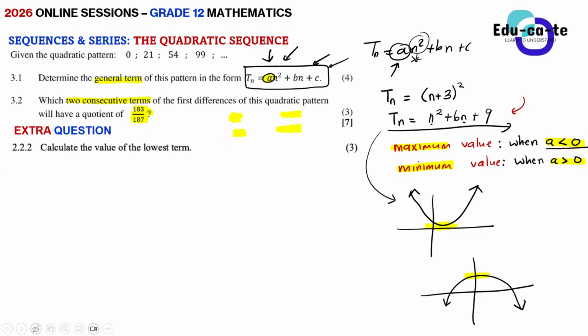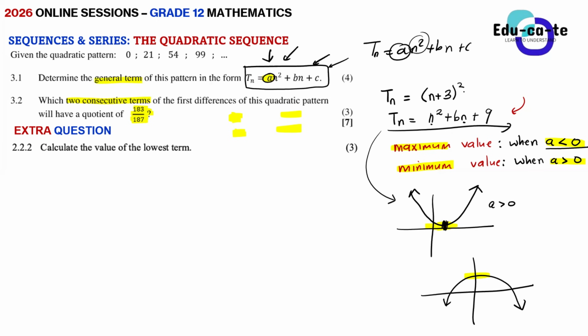So do you guys get the sense that I'm trying to inspire in you? Yes. We'll still do the revision of functions, then you'll understand. So here, when a is positive, you will get a minimum value. The minimum value is more like the turning point of the graph. If you use this equation, you can draw a graph from it. And you guys know how to find the turning point values, right?